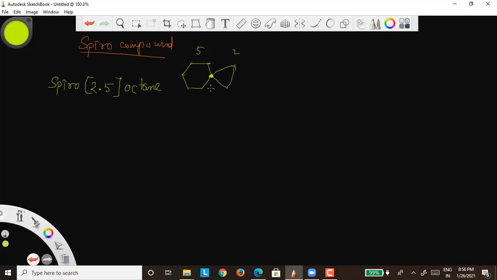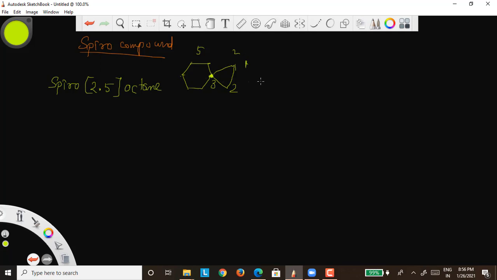This apex carbon, whichever is spiro carbon, is not given any number. That is not given 1. So first the smallest ring will be numbered. Smallest ring, which? This one. 1, 2, 3, like this is given. So in case of bicyclo, this bridgehead used to get number 1. We start numbering from the bridgehead, that is number 1. But in case of spiro, the rule is slightly different. We give the numbering in ascending order, and the number should be given to the smallest ring first, 1, 2, 3. And the spiro apex carbon, which is quaternary, will not be given 1.